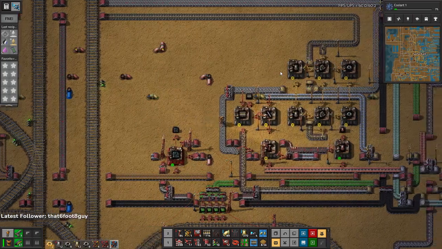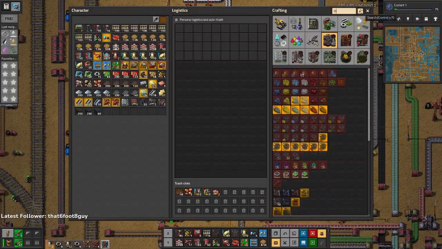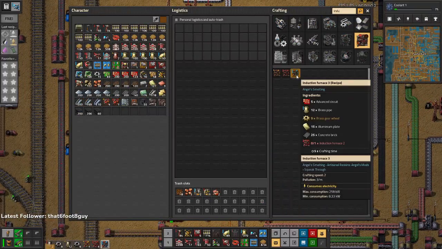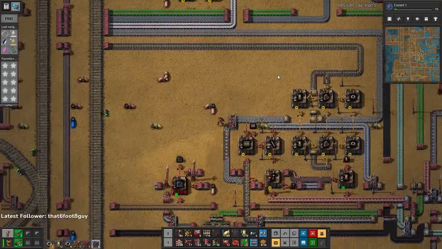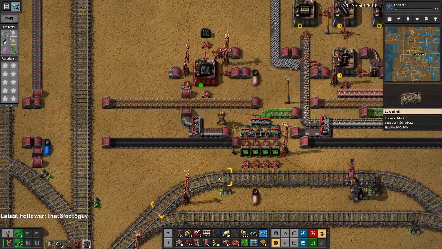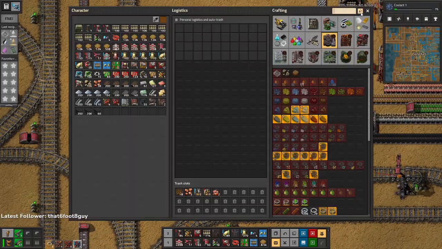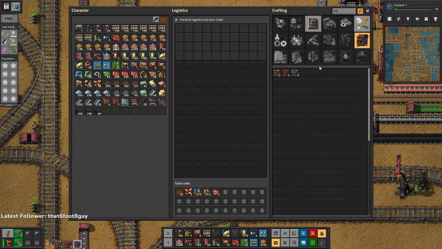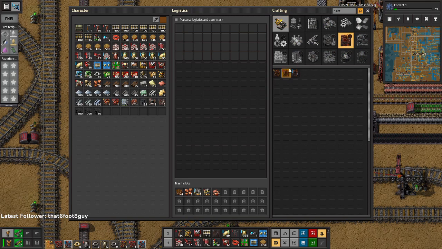I need steel for those. Easy enough. Expand the induction furnace. You know, I can just steal the stone from here too now. If I just make what we've got bigger than we've currently...